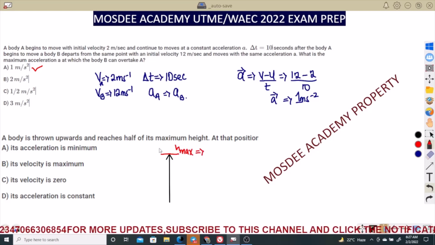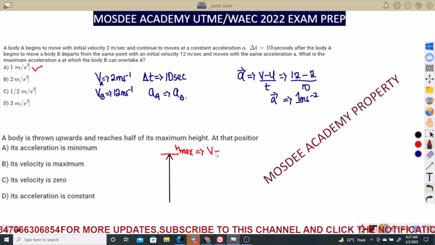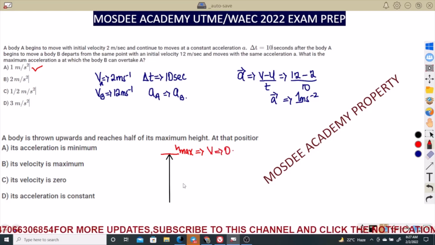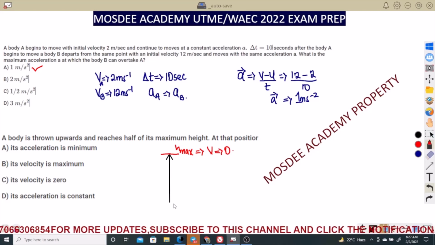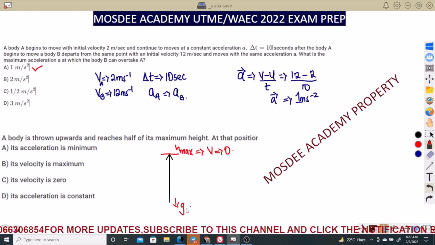The final velocity at maximum height is always equal to 0. When the body is thrown up, it will be retarded by g. Gravity will hold on the body. These are basic things we've talked about for those that have watched the concept. And if not, you can still get there because it is question-wise and it's going to be chapter-wise with respect to your syllabus. And the most important thing is with respect to the new pattern.